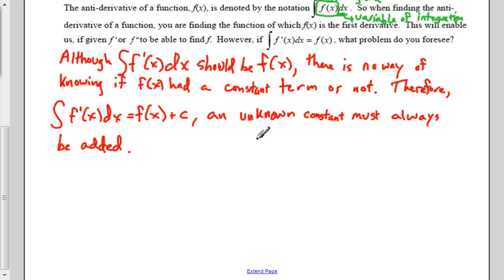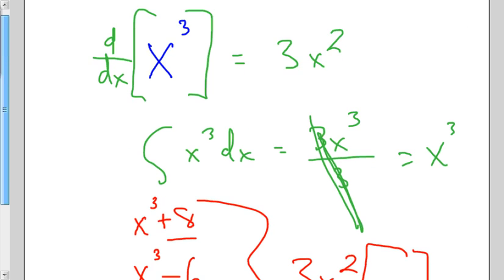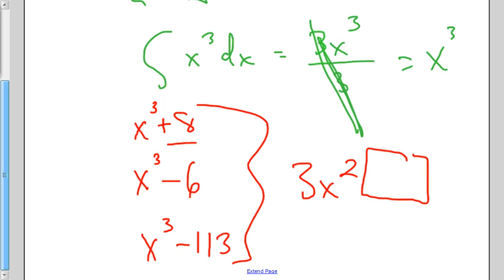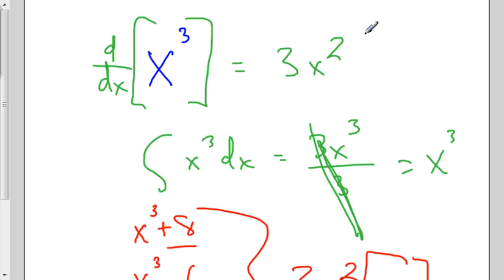So that c is an unknown constant that must always be added. And this is why we call this the indefinite integral. So we're taking the antiderivative, which is the integral, but it's indefinite. There's an infinite number of solutions. We don't know exactly which one we're looking at. So just like that example, if I took the integral of 3x squared, I could get x cubed. I could get x cubed plus 8, x cubed minus 6, x cubed minus 113. Those would all be the integral of